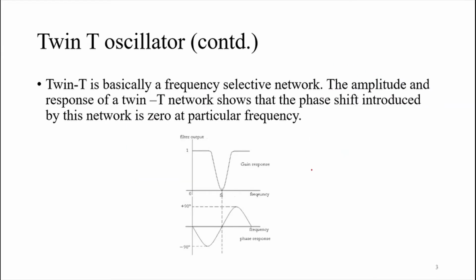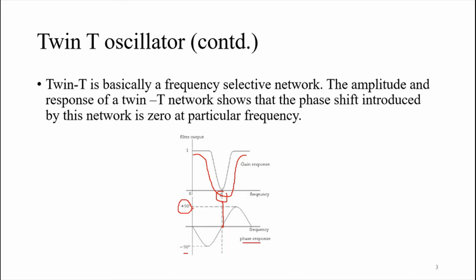I've just shown you the response of a band stop filter, and as I drew before, you can very well see that this is the response of the band stop filter or notch filter, that is the twin T network. The main thing to notice is the phase response. At this resonant frequency the phase shift is actually zero, and before the stop band you have a phase shift of minus 90 degrees maximum, and after this band stop frequency you've got a phase shift of maximum plus 90 degrees.